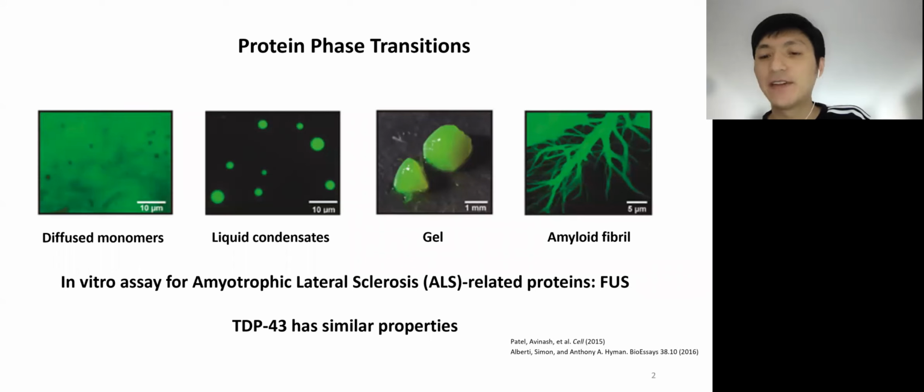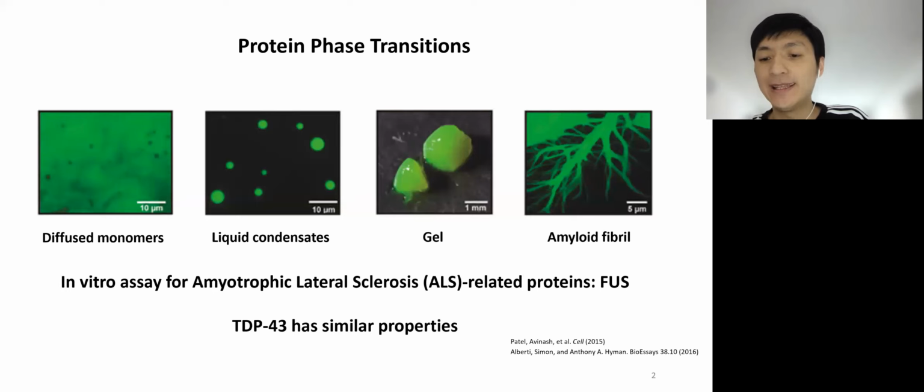In the past decades, various physical states of protein have been observed. Here, I'm showing you an example first, which relates to ALS. On the far left, there is a pool of diffuse proteins tagged with GFP. The diffuse protein monomer can condense into liquid droplet, which can continue to solidify into a gel or transit into solid amyloid aggregates. All these states are different in their material properties and have different effects on their physiology and